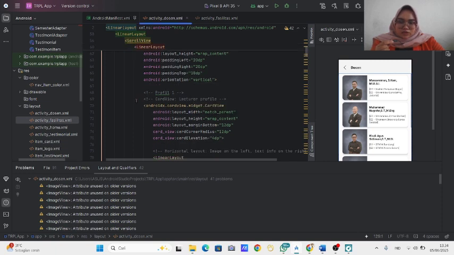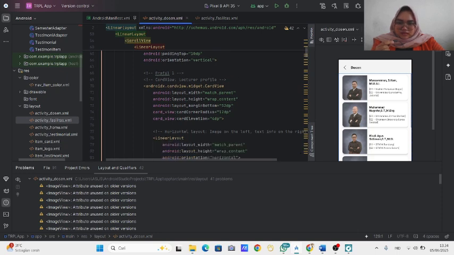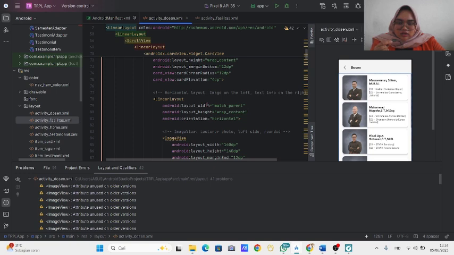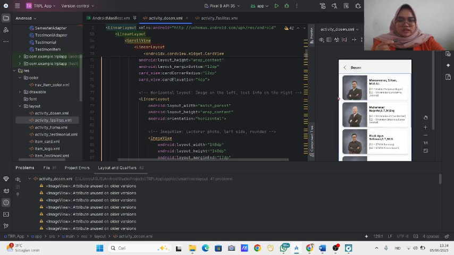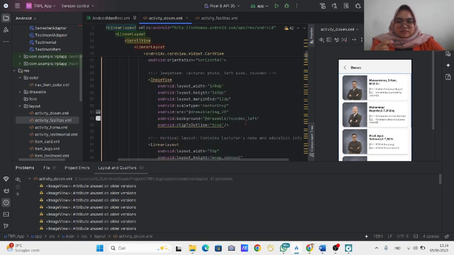And then we use a card view for the lecture profile, and we use a linear layout too, a horizontal layout, with the image on the left and text info on the right. And then an image view for the lecture photos, with rounded corners. We use a vertical linear layout that contains the lecture name and education info.